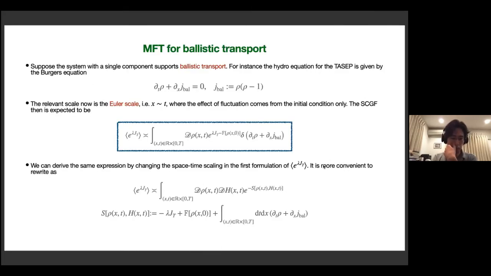Okay, but what I'm interested in here is not actually diffusive systems, but systems that support ballistic transport, or hyperbolic systems, if you wish. For instance, you can consider the Hydro equation for the